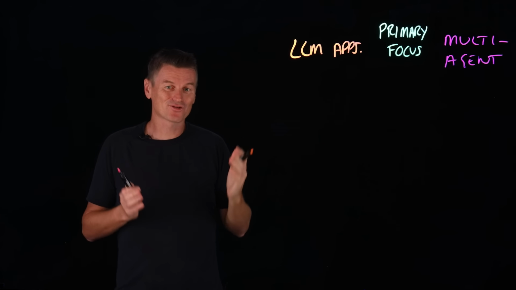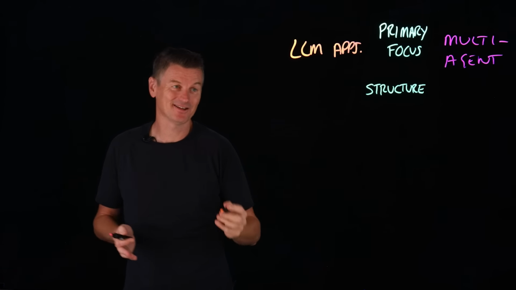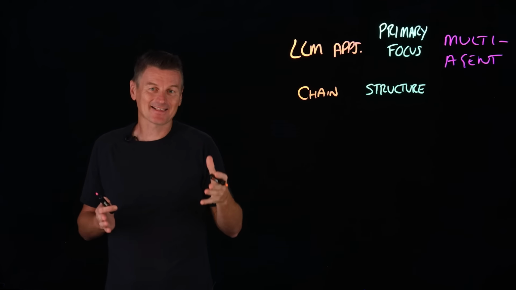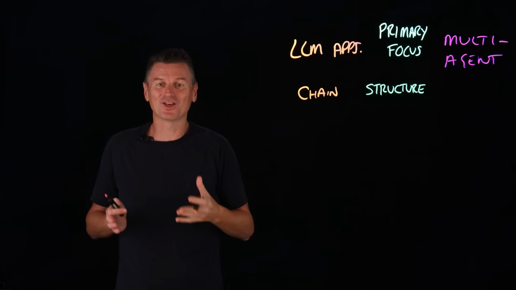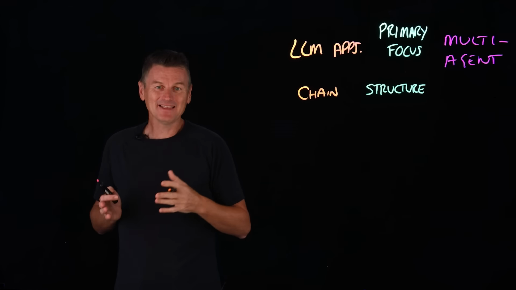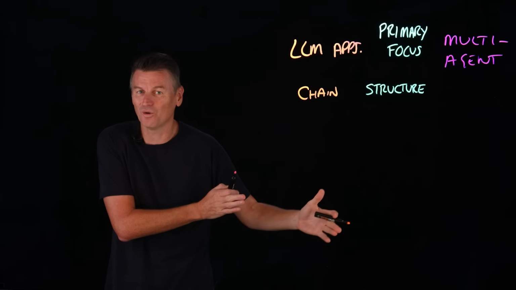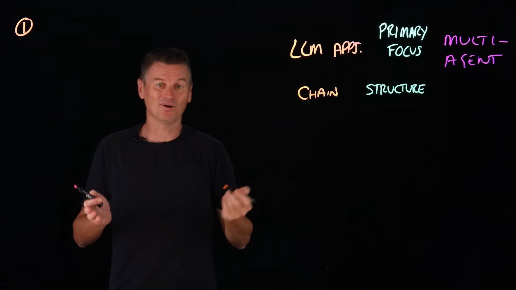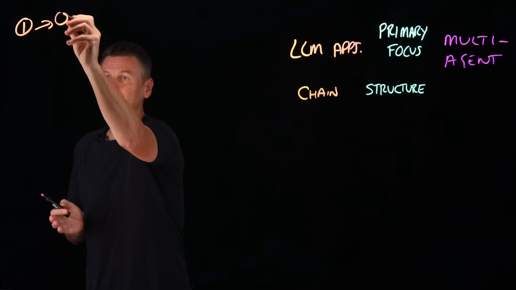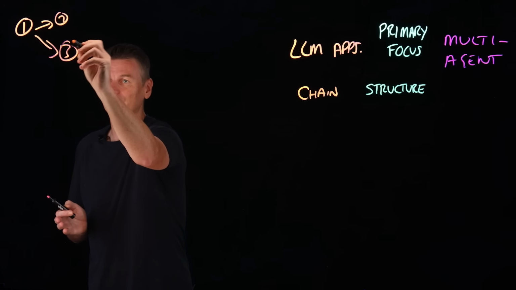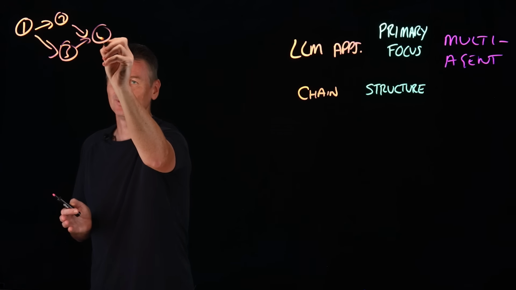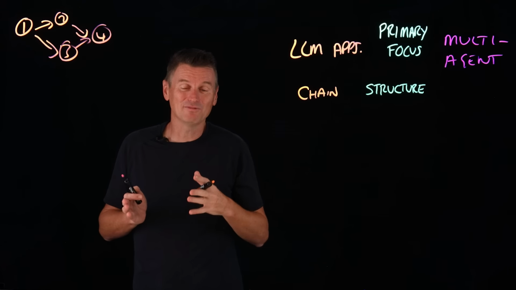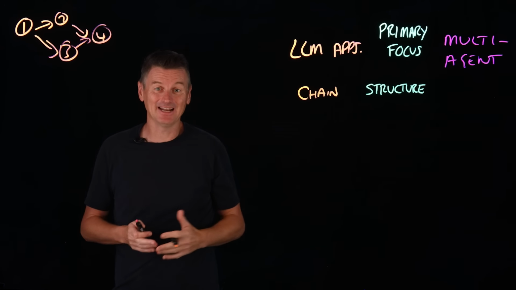Now, as for structure, LangChain adopts, no surprise here, a chain structure, and that acts as a DAG. DAG is an acronym for Directed Acyclic Graph, which means that tasks are executed in a specific order, always moving forward. So, for example, we'll start with task number 1, then we'd have a branch for maybe task number 2 and task 3, and then we'd come back to the central task number 4. And this process is great where you know the exact sequence of steps that are needed.